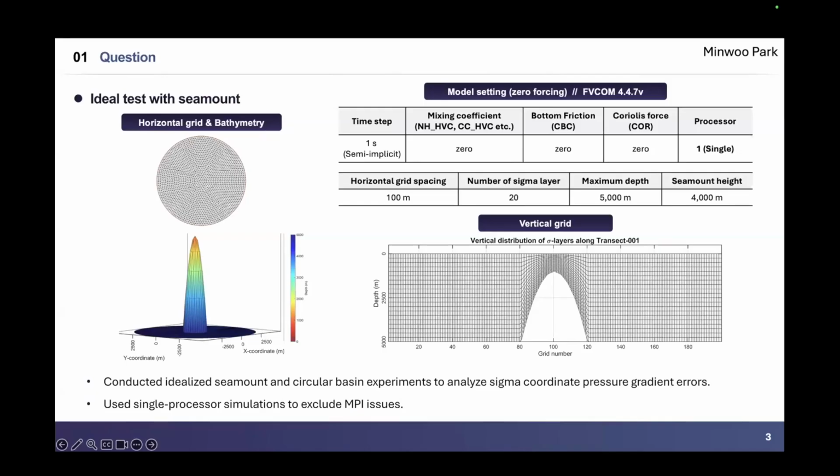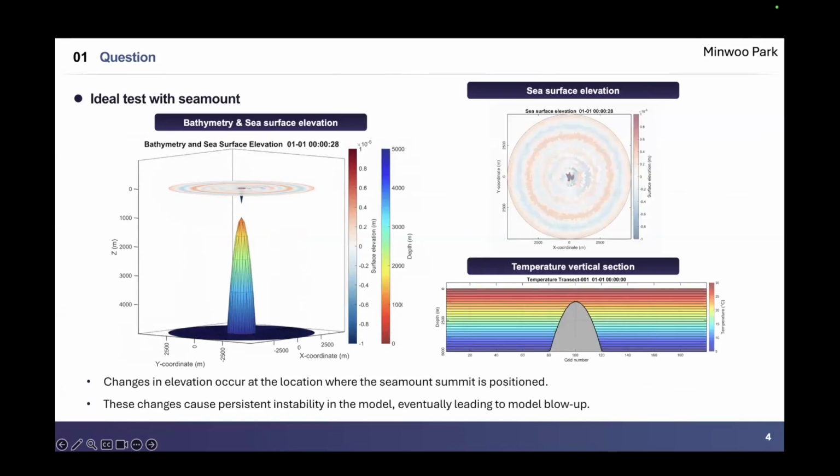All external forcings were set to zero, except for the vertical temperature and salinity gradient. Simulations were run on a single processor to exclude MPI issues. Next slide. The left figure shows bathymetry and the sea surface elevation together, the upper right shows the sea surface elevation, and the lower right shows the vertical section of